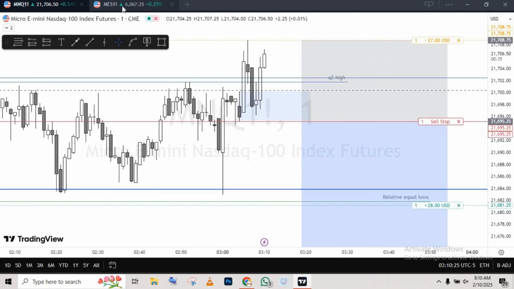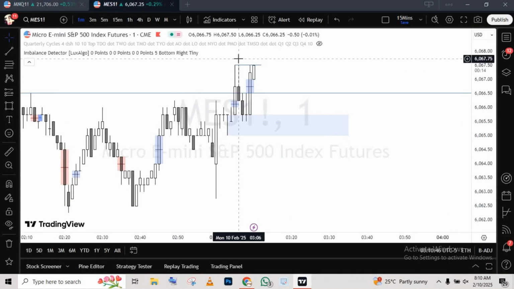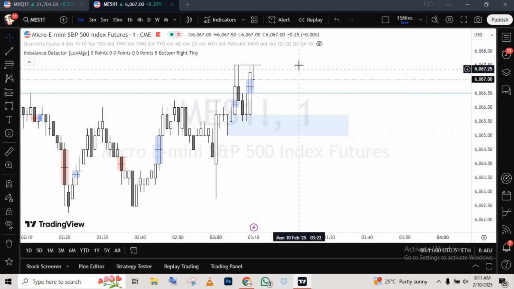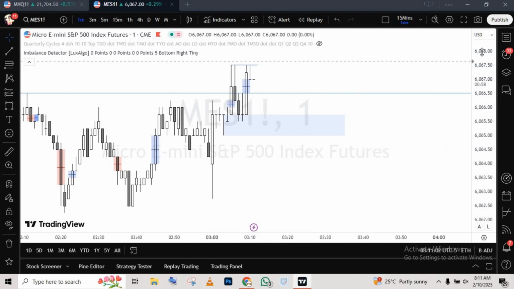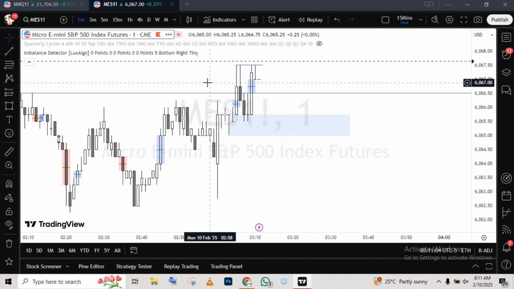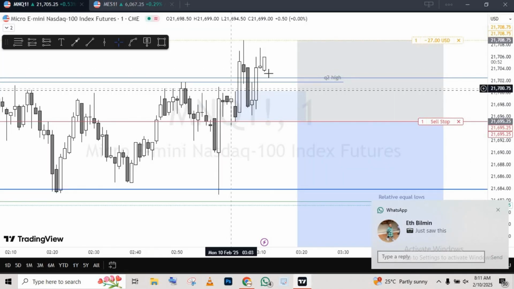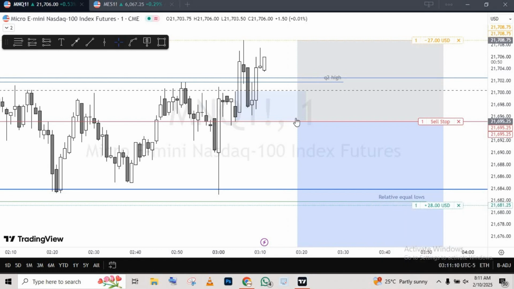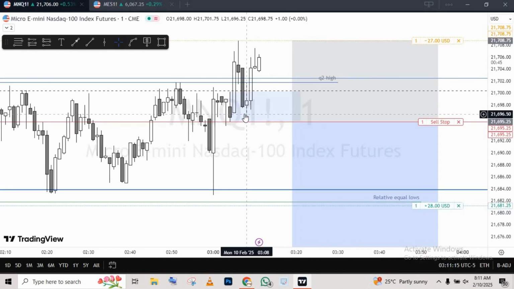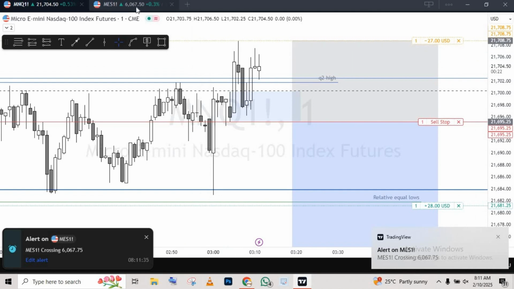So do we have an SMT? This high comes in at 67.5. So at 67.75, I want to get an alarm, an alert that we hit that price. Once I get that and NQ hasn't taken out the high, I'll just take a sell on this low. I'll pull my order to this low. Okay, so